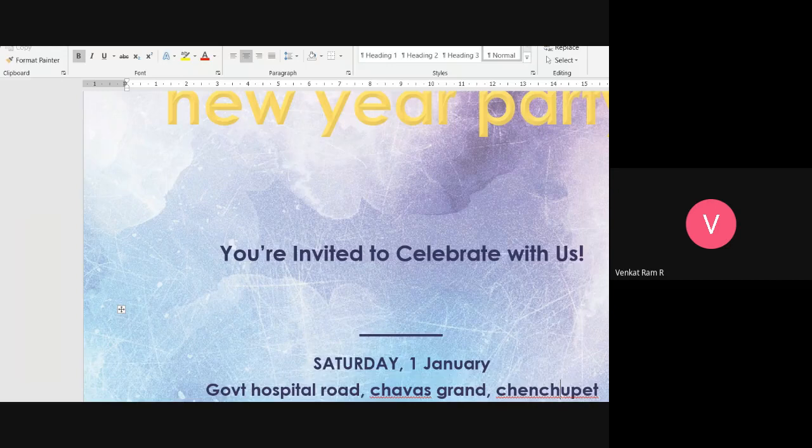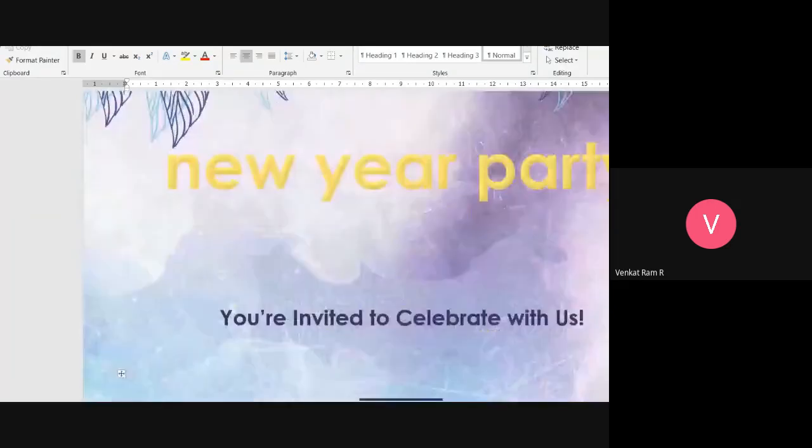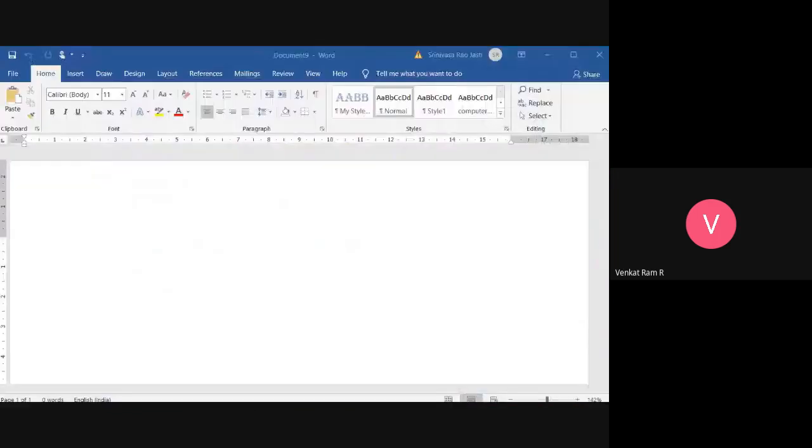See here, it is open. I closed it before, now it opened again. Are you able to see it? Okay. So that is regarding templates: how to create a template, how to edit a template, and how to create your own template.